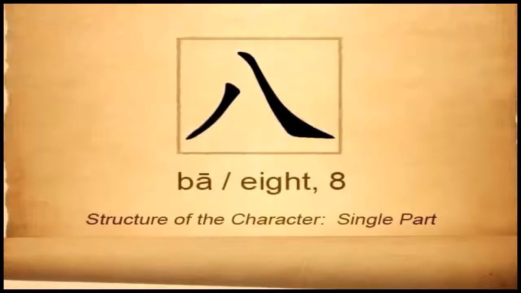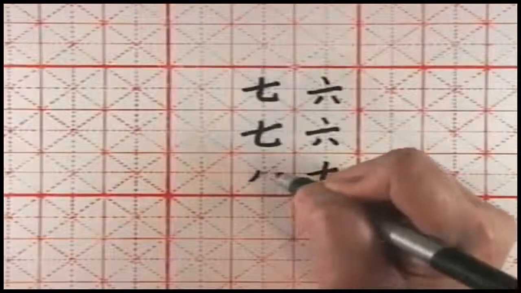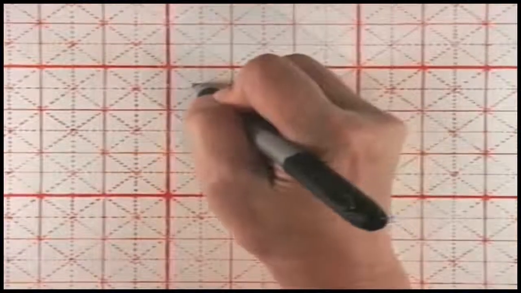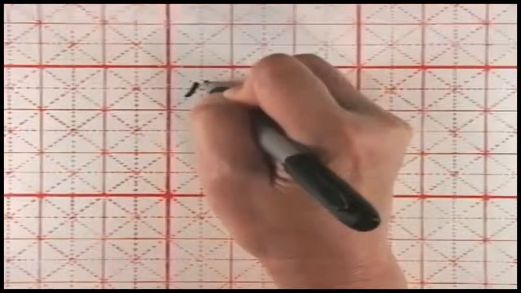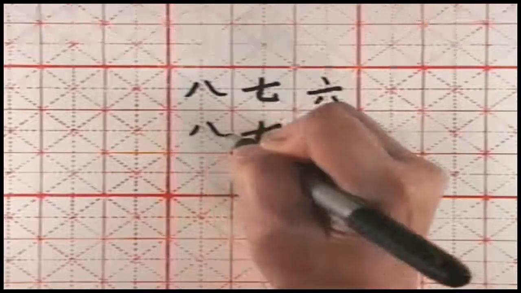Yes, it is single part. 非常好。Which stroke is first? 撇。Next, 捺。Let's try it again. 撇 then 捺。非常好。How many strokes are in 八? 2 strokes. Let's try it one more time. 撇捺。很好。